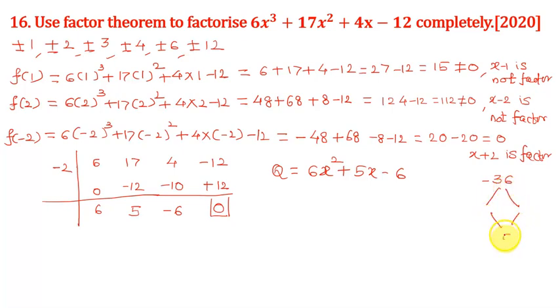Middle term is 5. Now, what are the two numbers whose sum is plus 5 and product is minus 36? That is plus 9 and minus 4. And hence here, Q is equal to 6x square plus 9x minus 4x minus 6. Common from these two,